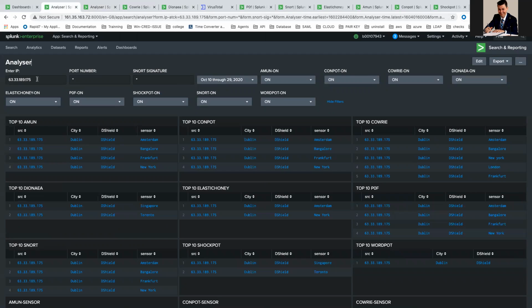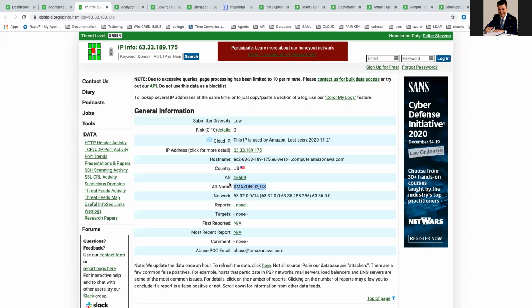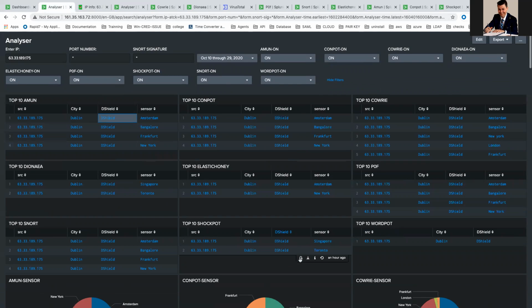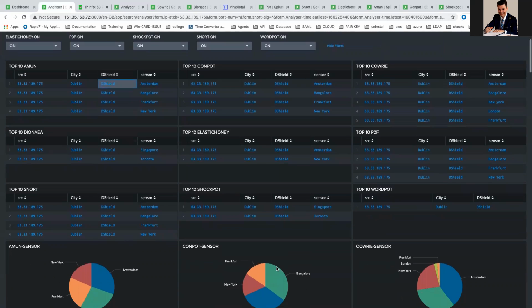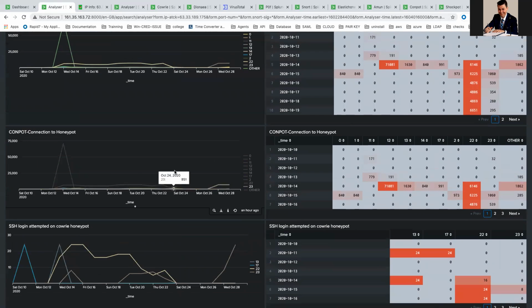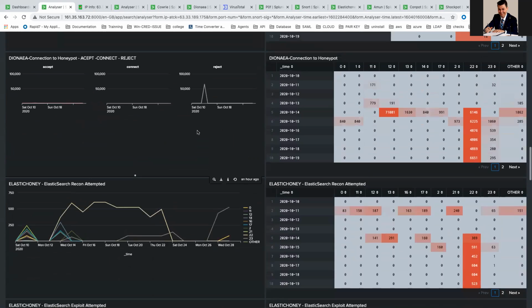So in here I already have one IP. This IP is from Dublin. This Shield would tell me that it is an Amazon instance, and we can see that the attacker tried all my sensors in pretty much all the locations. We can see that he made a connection to the honeypot a few times actually, and we can narrow down by when he started to have connections and what time. We can see that he was rejected sometimes,